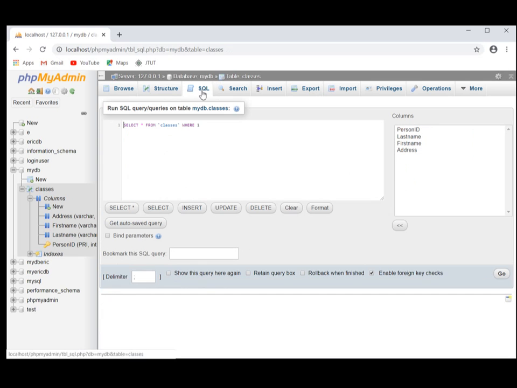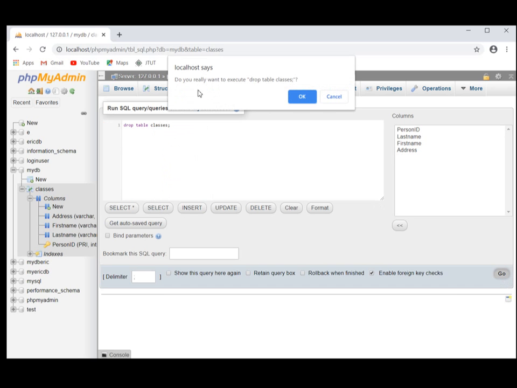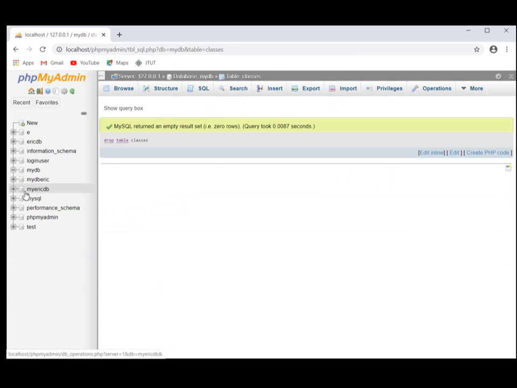Let us say we are going to drop the table itself by the command DROP. Whatever the table name will be, it would be classes, for example here. Let us see if we could delete that one, and click Go. Do you really want to execute drop? Okay. You could delete the table instantly, or if you only wanted to delete the content,